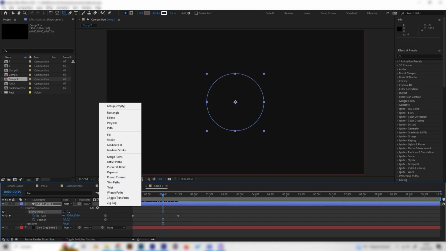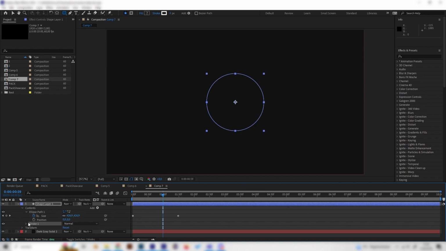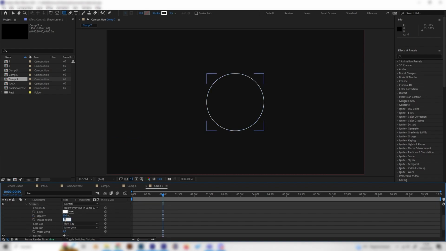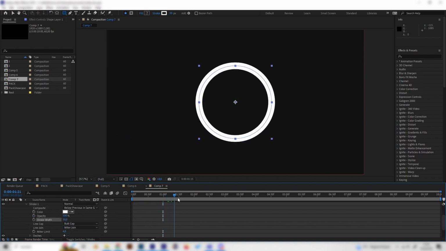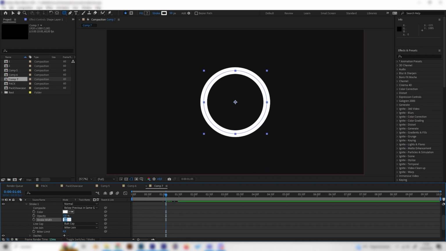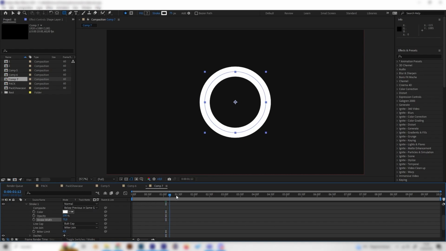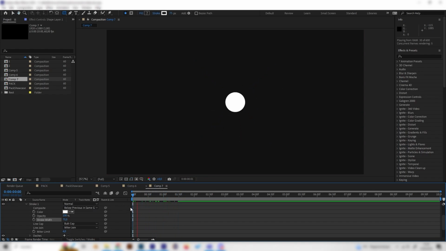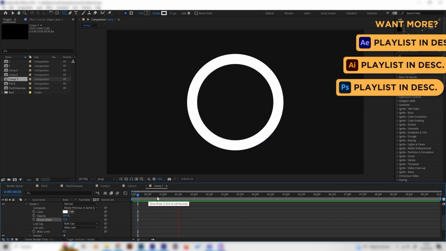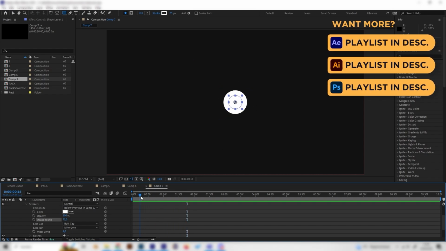So just go to add again and add a stroke and bring the size up to something like 50 maybe. This looks good. Maybe even bigger, 75. Let's try this. And this looks cool. But as we see, this is really slow and doesn't look like an explosion at all. So let's